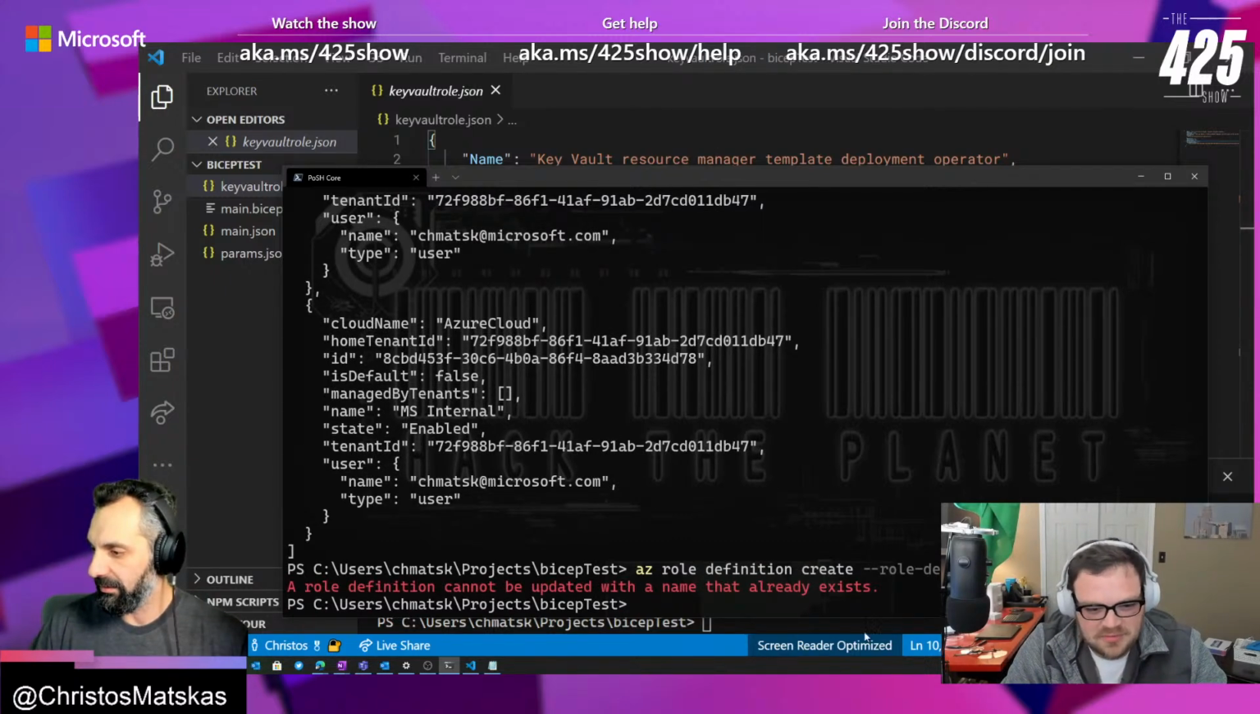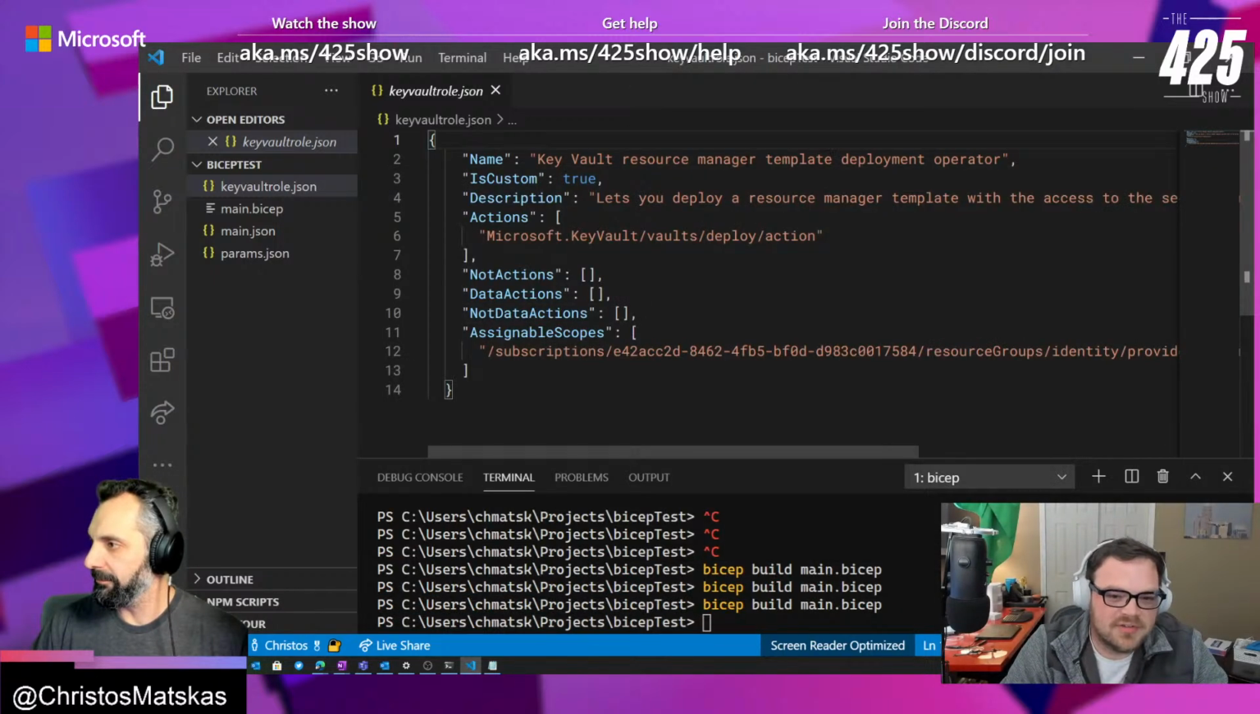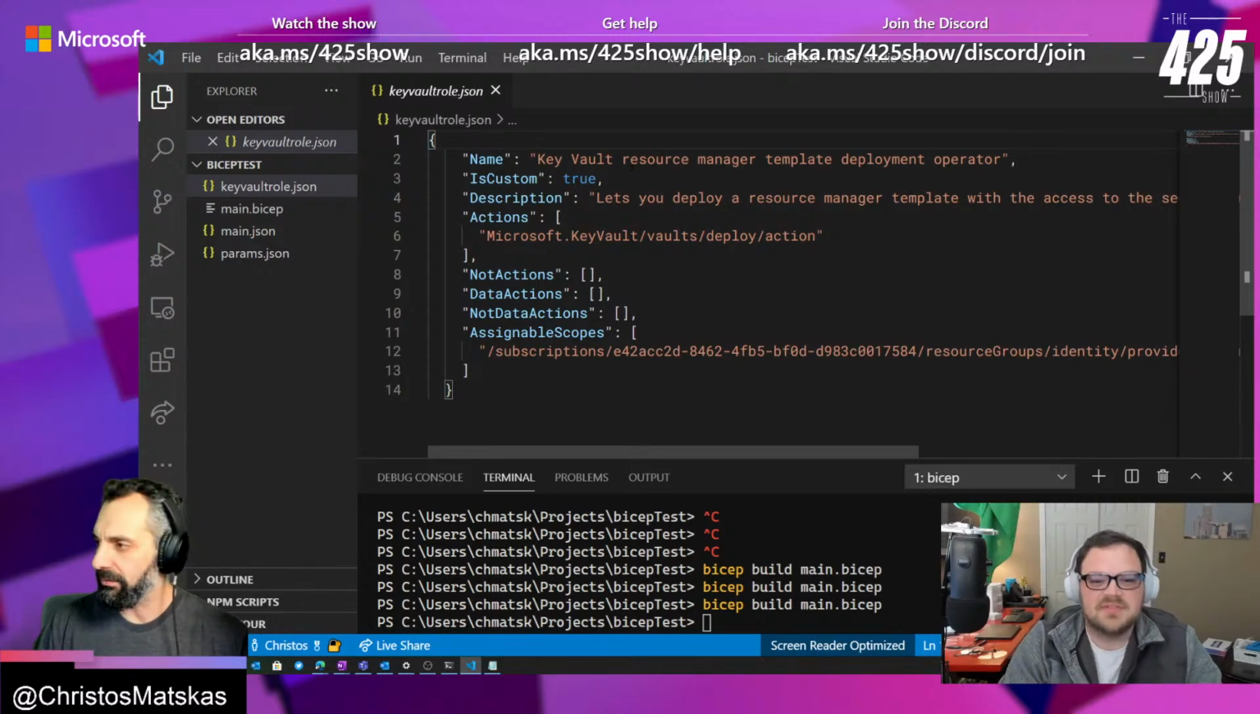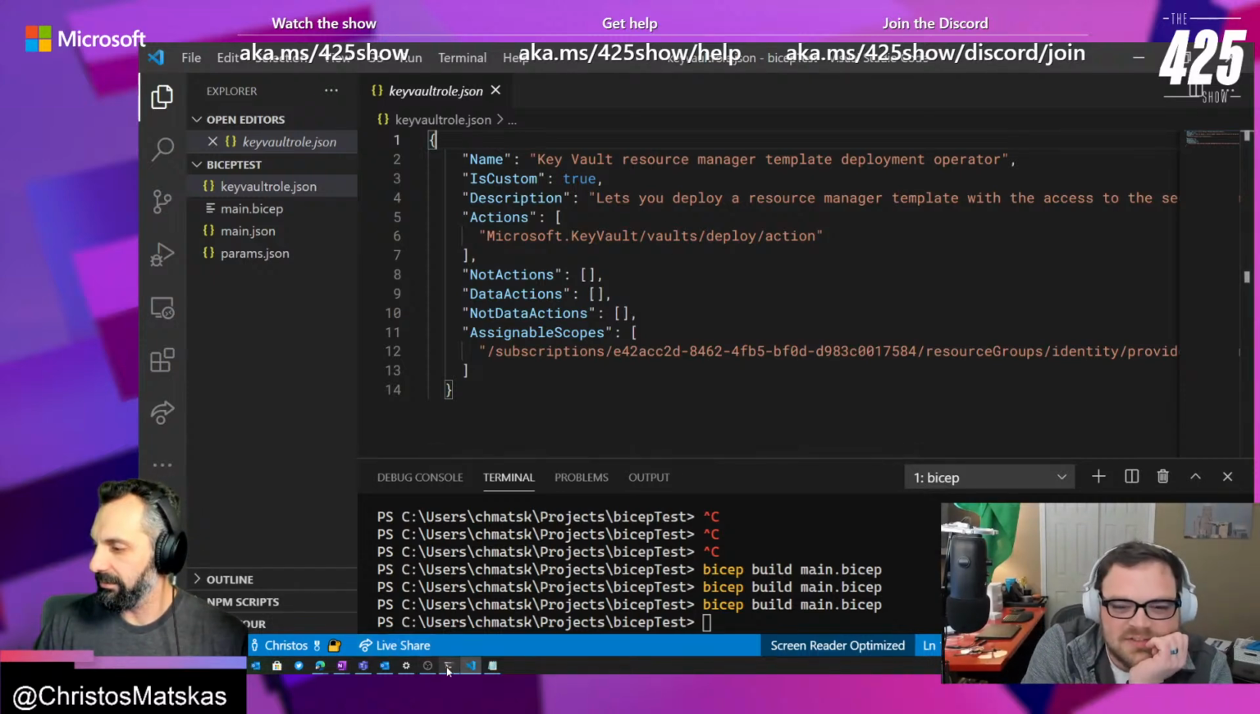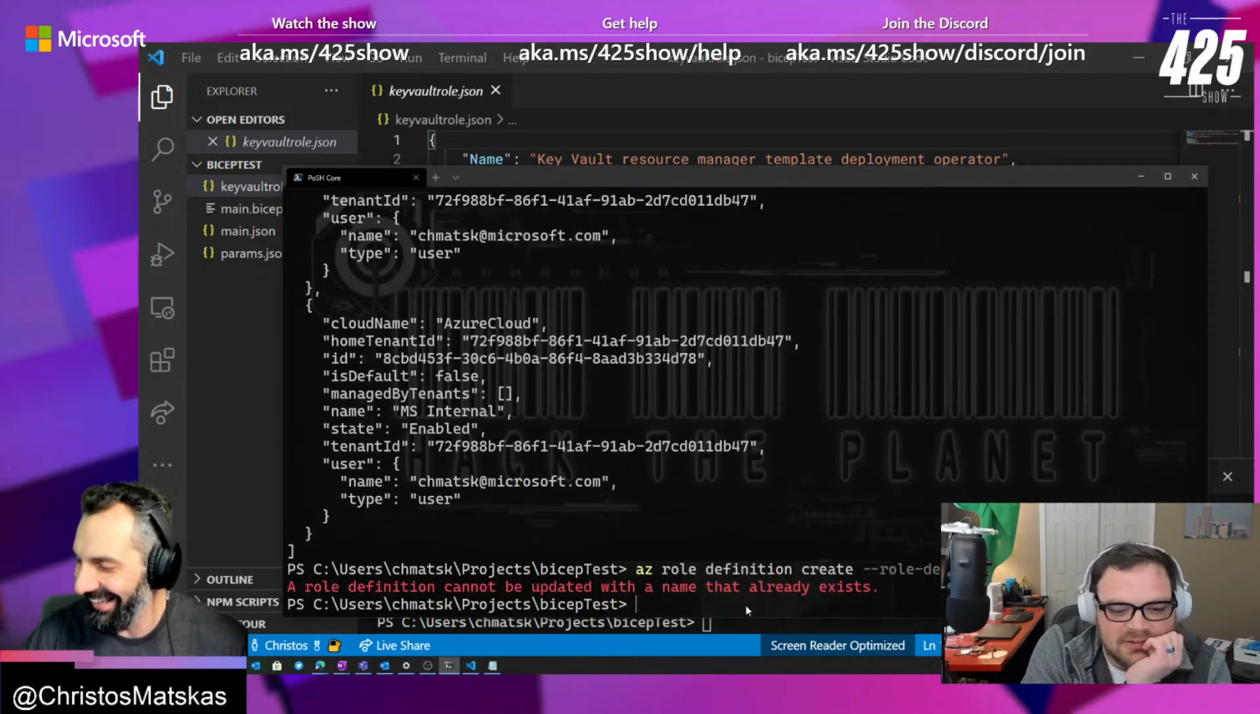What will it say here? A role definition cannot be updated with a name that already exists. Okay, so maybe there's. Oh, this is in Corp, isn't it? I bet there is already one. Oh, you think? I bet you there is. Yeah. See if there's a Key Vault Resource Manager template deployment operator in our